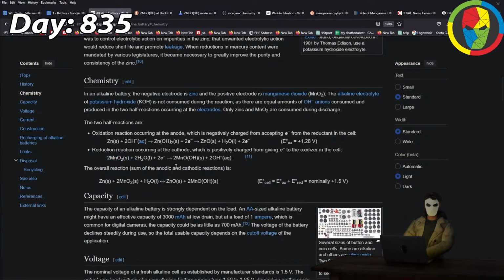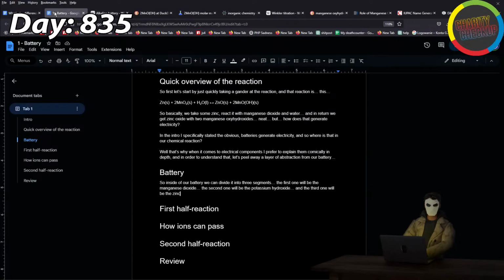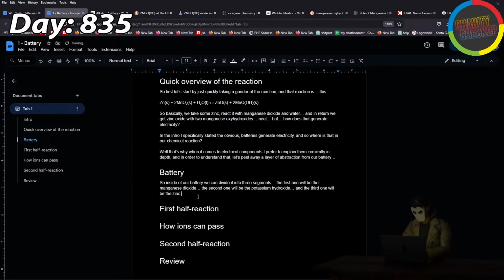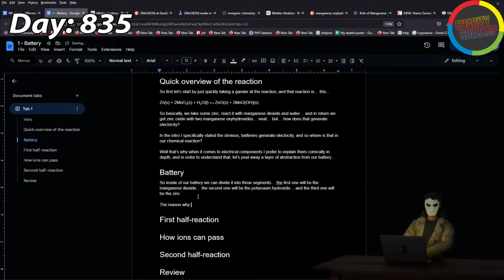Alright, 2 manganese, yeah, plus 2 waters, 2 electrons, to this. Okay. Well, then, that will be zinc. The reason why we like to separate them into these layers is because now